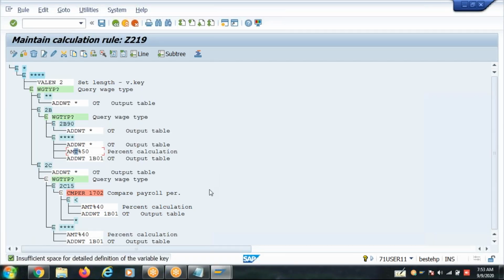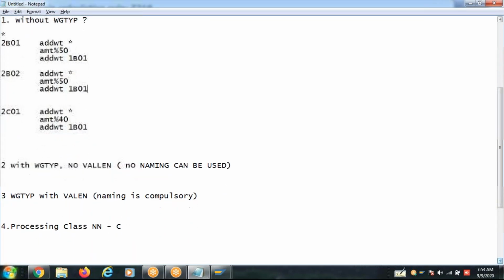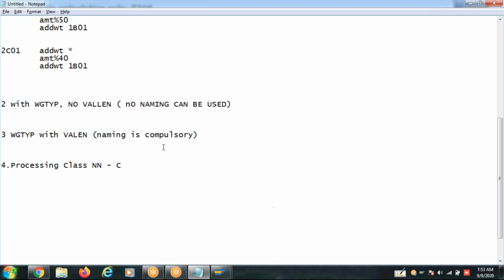So here the purpose of the processing class is simple. It groups the wave steps which have a common processing in a rule with a specification.